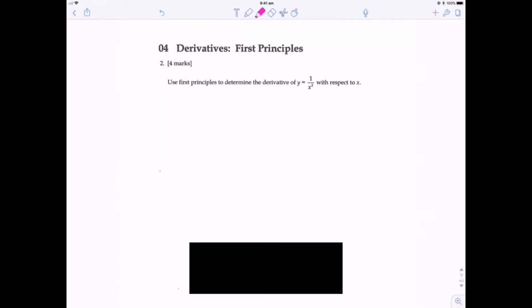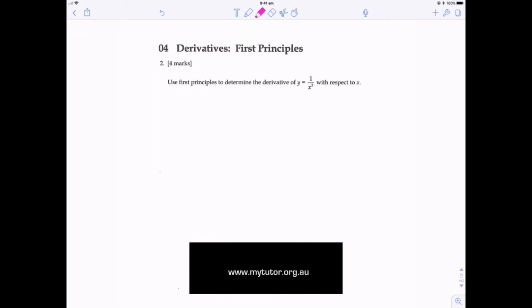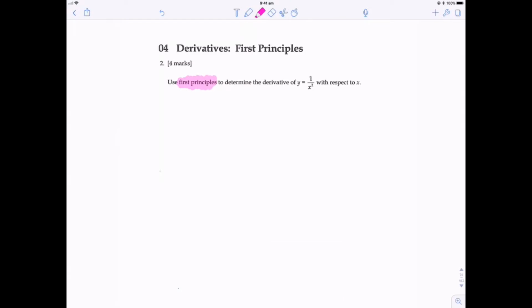Hi and welcome back. Let's try question 2, where we have to use first principles to determine the derivative of y equals 1 on x squared with respect to x. Step 1 is to write out our limiting chord or derivative by first principle formula, which we know dy by